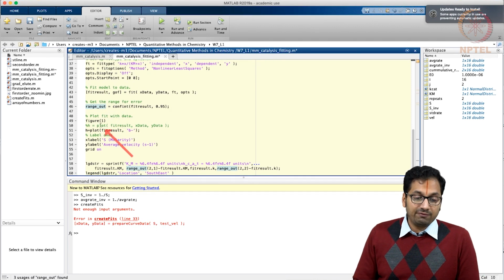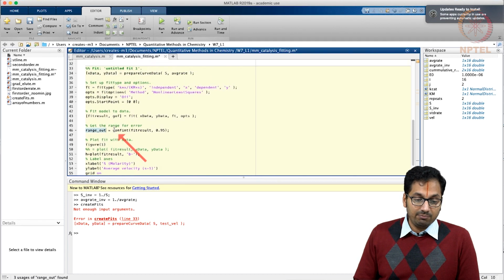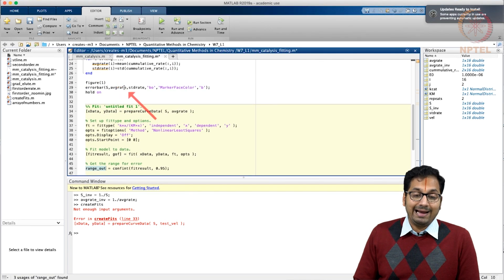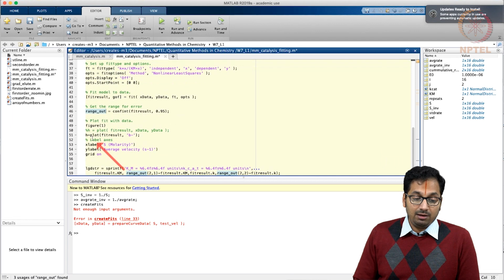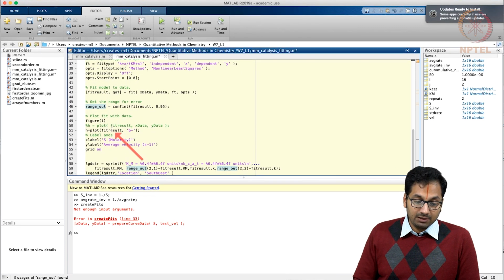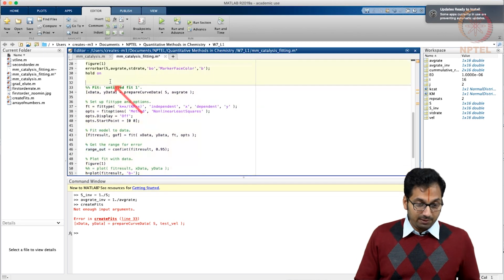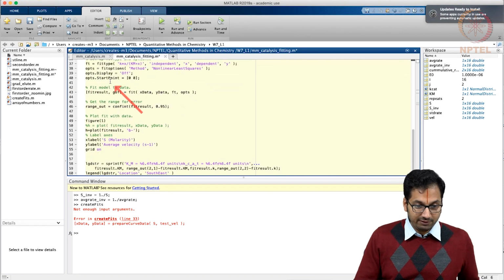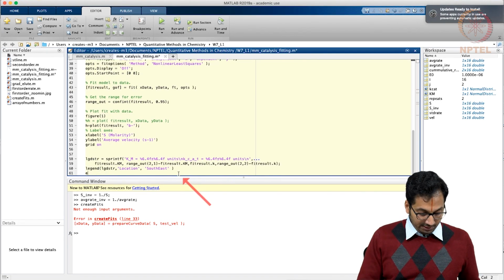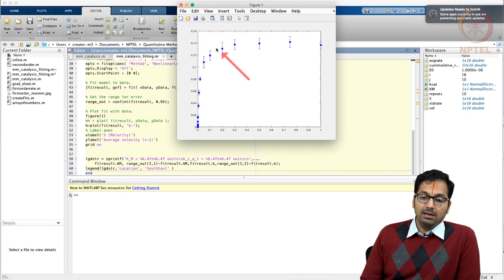Okay, and then I am plotting the figure with fit result. If you remember, I had already plotted it with the error bar, and now we will be plotting it with the fitted result. So let's once again keep this portion of the fitting off so that we can see what it is that we end up getting. So let's run this. So what you are able to realize is that the average and the standard deviation are nicely provided.